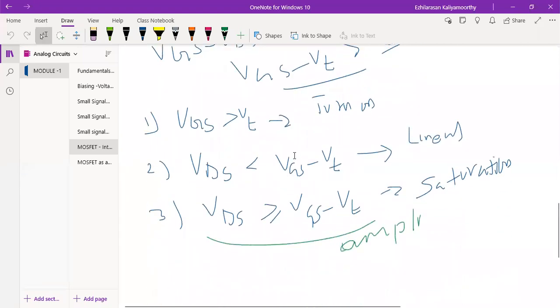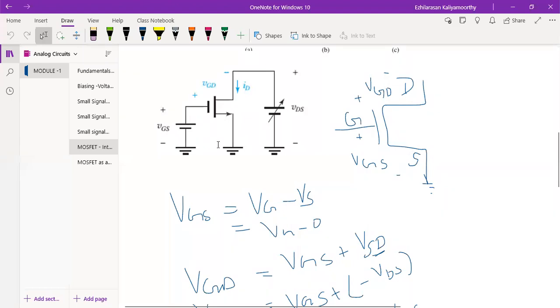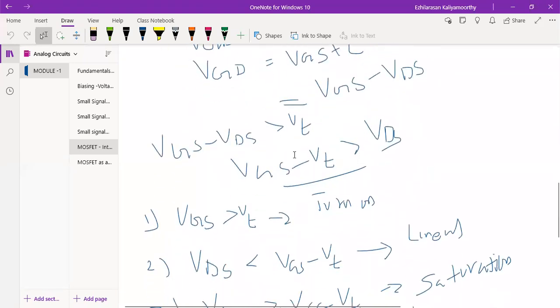For example, when the MOSFET will turn on, the applied voltage will be between the gate and source. That is VGS. The VGS is nothing but the applied gate to source voltage. As the VGS increases, the drain current ID also increases. Once the VGS is greater than VT, only then the device will be turned on. Until that, the device will be turned off. So we can say when VGS is less than VT, it will be in the cutoff region. Next, when the VGS is greater than VT, the transistor will be turned on.